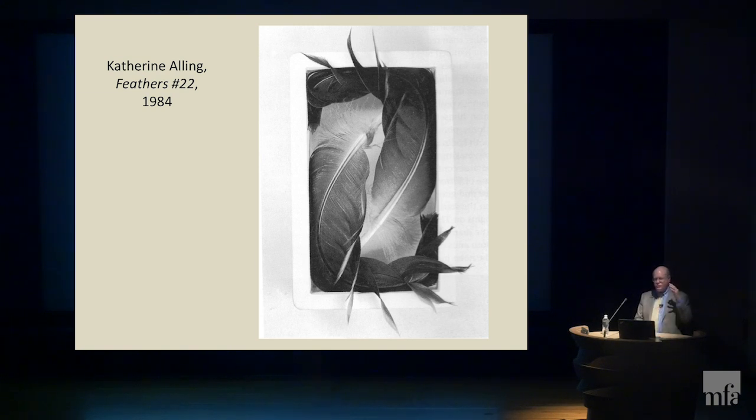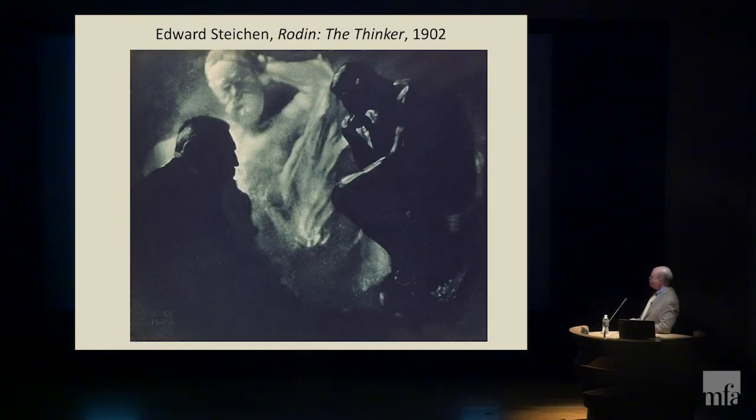Now, if those are local values, in other words, darks and lights that are seen under somewhat everyday or not extreme conditions, this is what we call interpretive value. This is a famous photograph by the American photographer Edward Steichen called Rodin the Thinker, and here is Rodin himself, and it's very much an image of genius, the idea of Rodin looking at the thinker, which is really him. I mean, he is the thinker, he's thinking about the thinker. And of course, if you go out to Meudon, which was the town where Rodin had his studio,